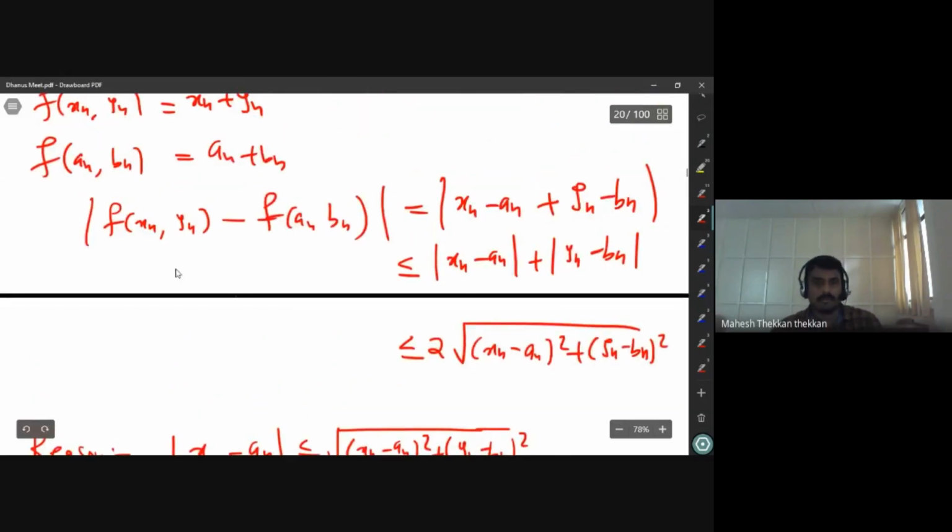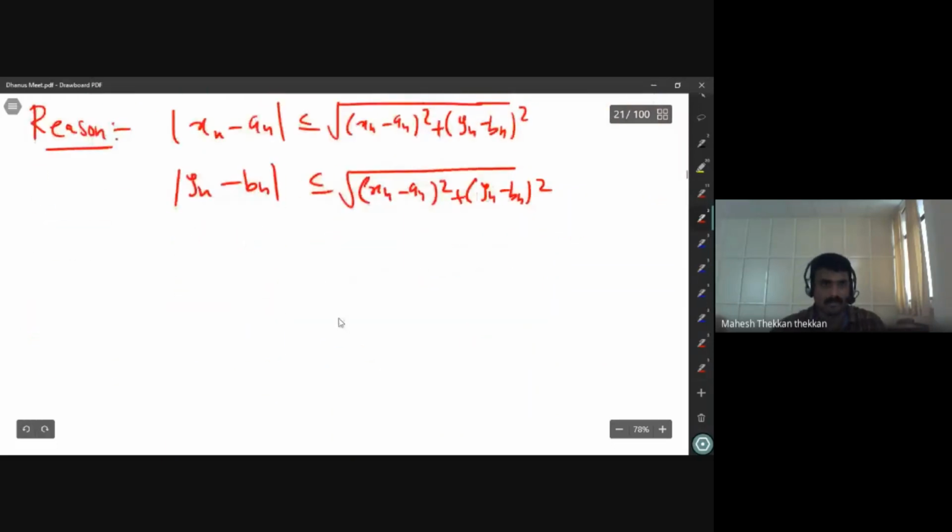So what happens now? I know this value is going to 0 as n tends to infinity. So what happens to this value? This also will go to 0, which implies limit n tending to infinity,